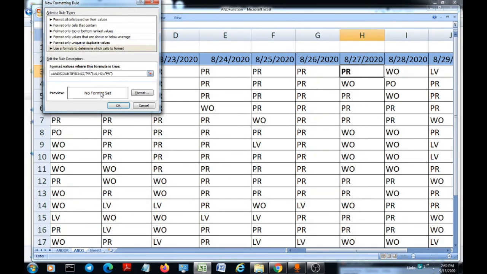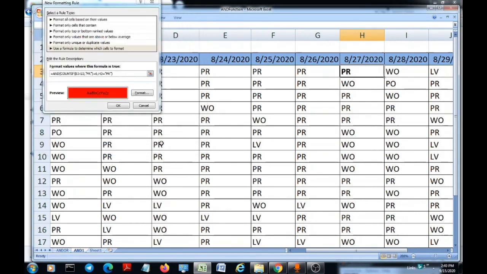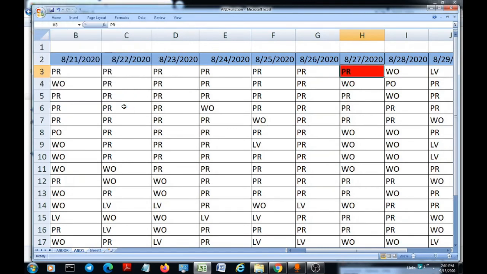So I paste the same formula here. Remember, the formula should start with an equal to sign, and enter the same formula, and then choose the formatting you want. For the sake of simplicity, I'm choosing the red one, which is very much visible. So I will make it okay.